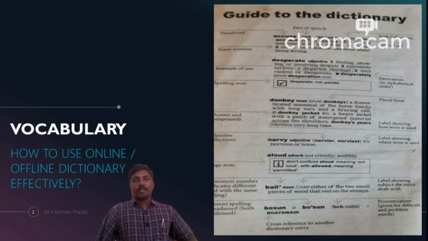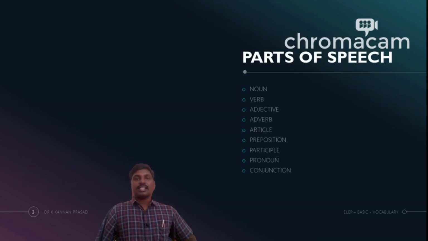The picture you're seeing right now may not be very clear to you, but then we're going to look at each part of this page titled Guide to the Dictionary in a very detailed manner. Come on, let us see what is the basic necessity that is needed by a user to approach the dictionary. This is the basic thing which any user needs in using a dictionary. That is called part of speech.